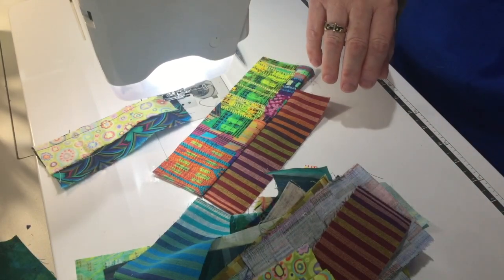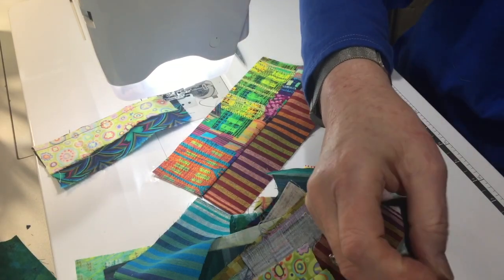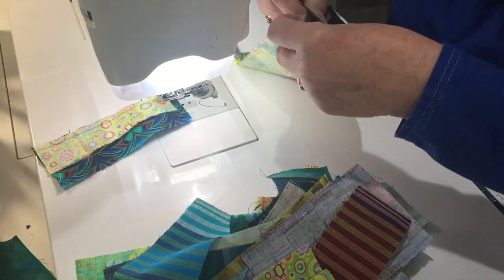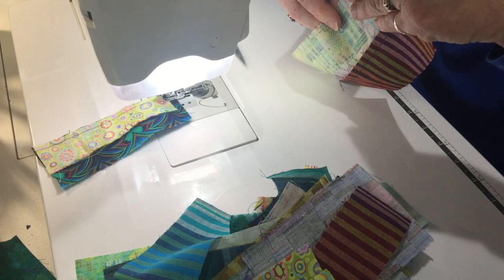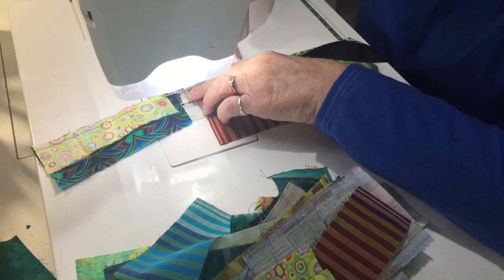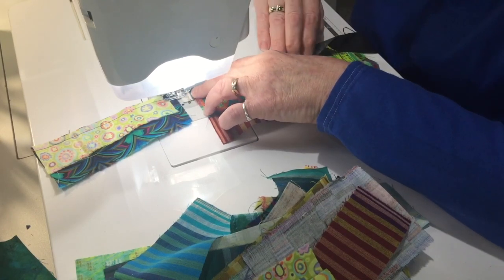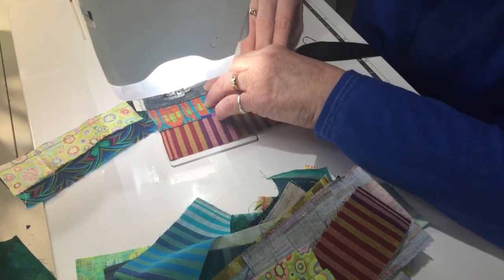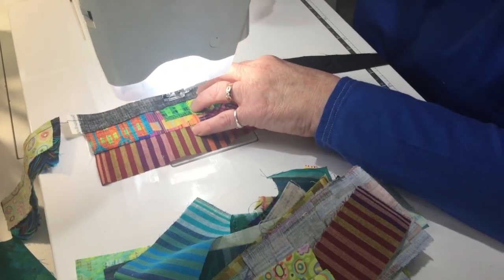And I think I'm going to put in, it's not every two that I'm going to choose to do this to, but I'm going to put maybe a 1/2 inch piece here. No, excuse me, this is a 3/4 inch. And I'm not going to use that whole piece, so I'm going to